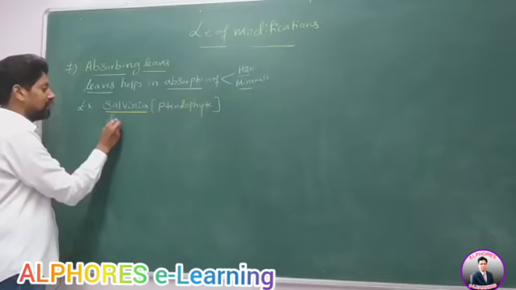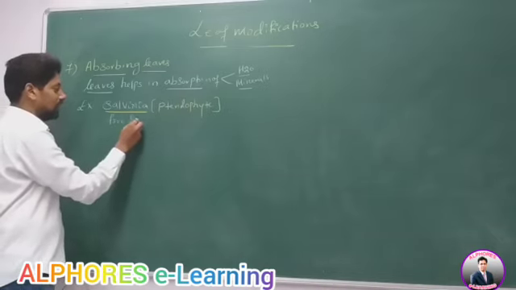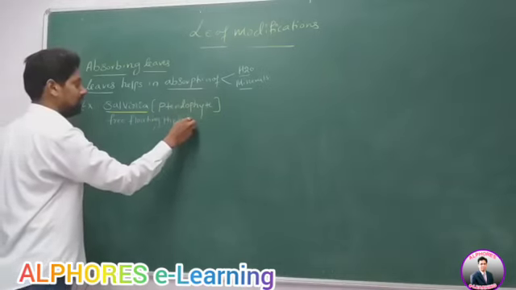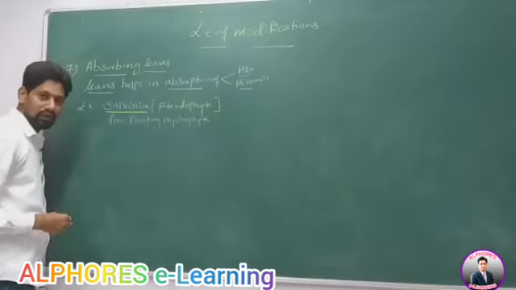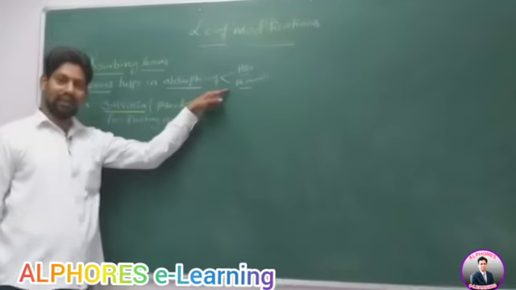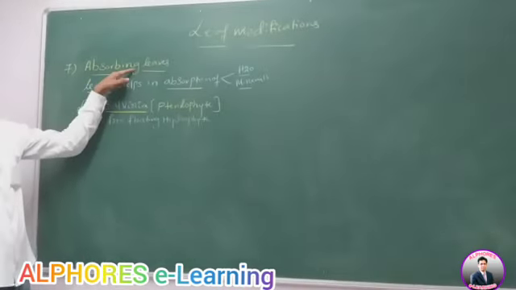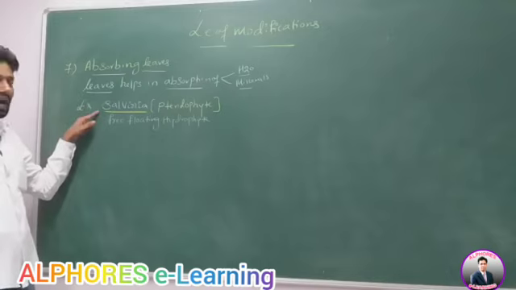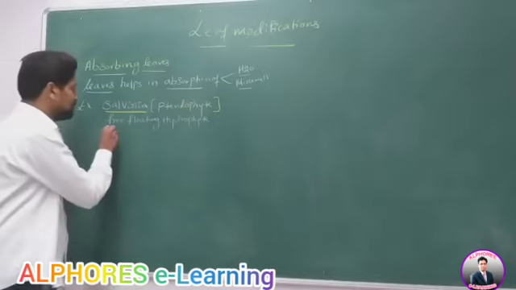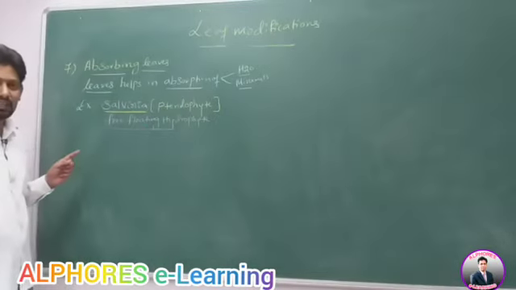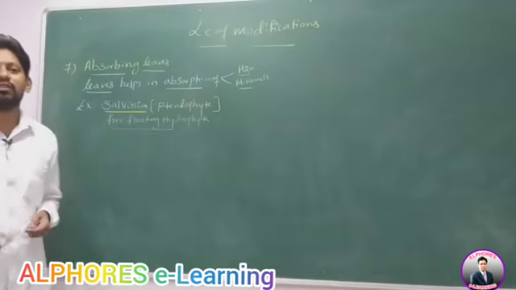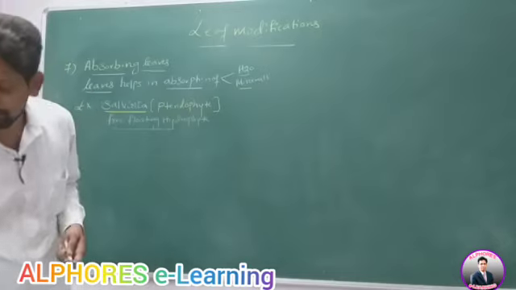But hydrophytes are of 5 types, right? Which hydrophyte is it? It is a free-floating hydrophyte. Therefore, leaves which help in absorption of water and minerals are called absorbing leaves. Example, Salvinia. Salvinia is a pteridophyte and a free-floating hydrophyte. With this, we completed leaf modifications.